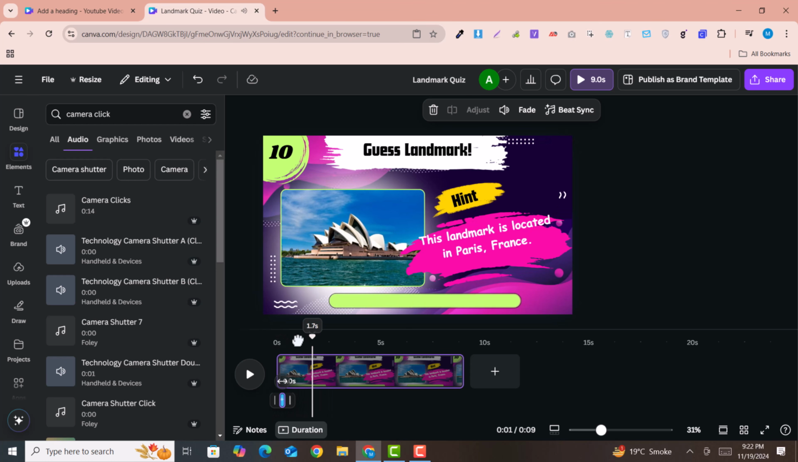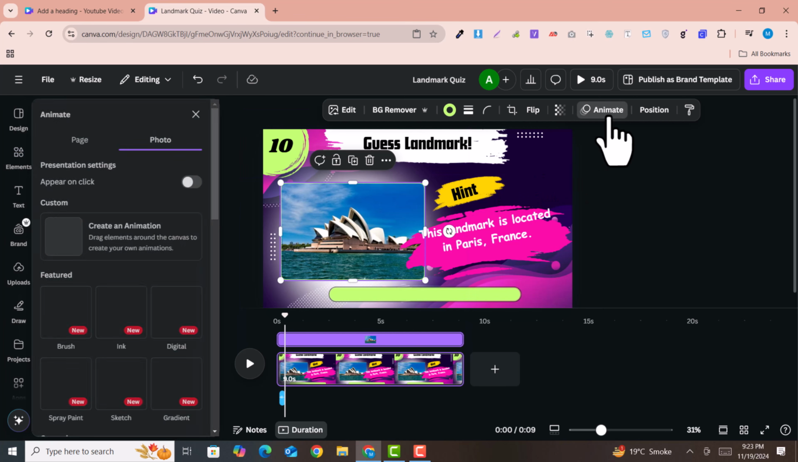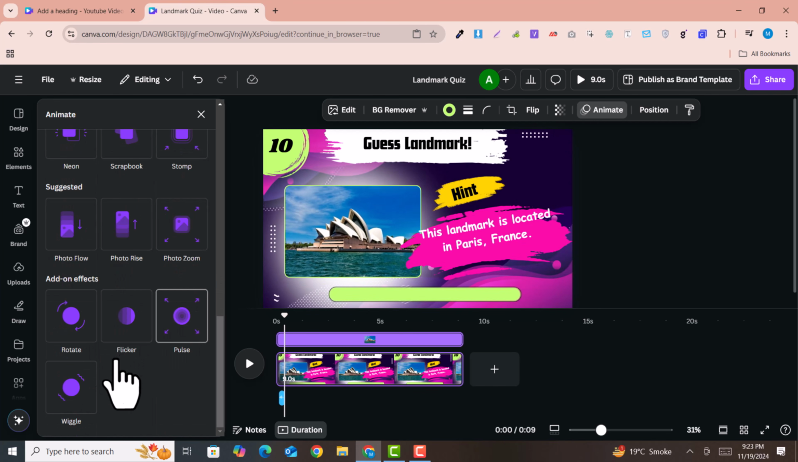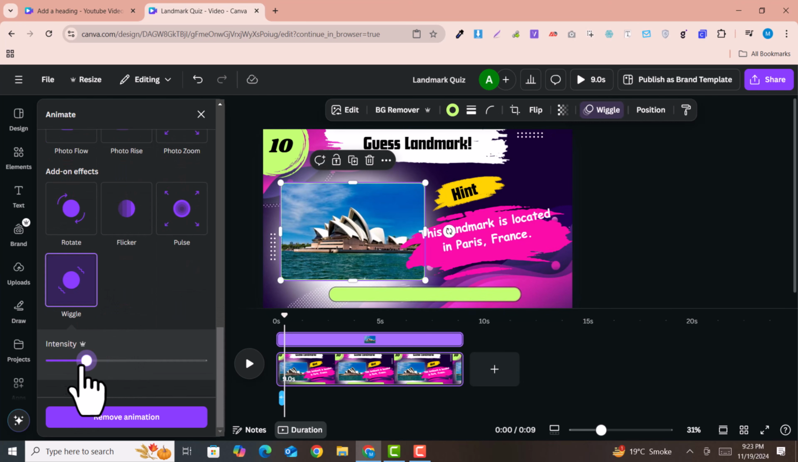And after that it should start the sound, and also it should say something about the landmark or hint. So here I just go and it should appear. Now we need to animate this image. So I just click on animation, and if you scroll down, you can see these are the animations. I just select this one, and if you decrease the intensity, you can see this intensity